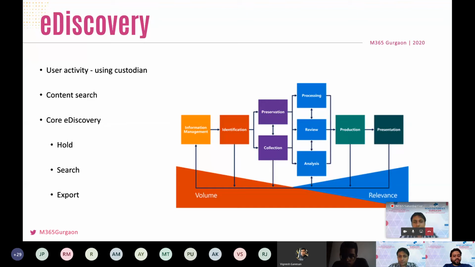Then the export. After a search is successful, we can export the search result. When we export the search result, mailbox items are downloaded in PST files or as individual messages. When you export content from SharePoint and OneDrive for Business sites, it copies the native Office documents and other documents. A result CSV file contains information about every item that's exported, and a manifest file in XML format contains information about every search result which has been exported. So that's how the e-discovery tool comes in very handy in such requirements.